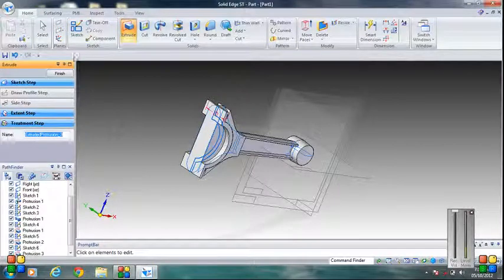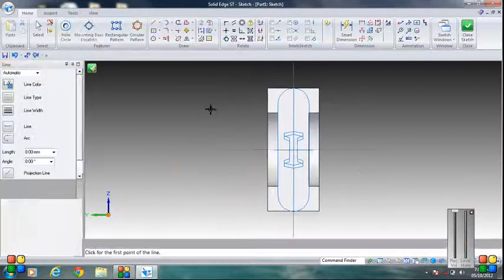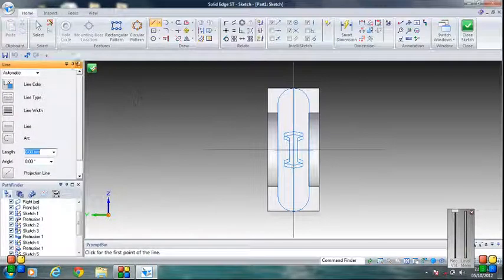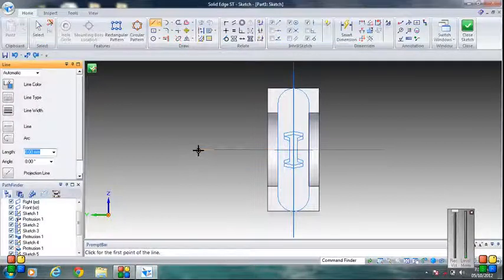Then go to sketch, click on this, then go to line, take end point of this and draw a horizontal line and then one vertical line. Control Z. Line, end of this, draw a line.